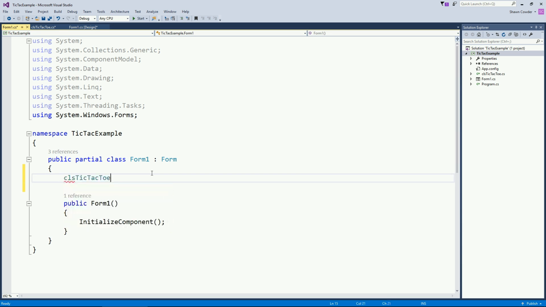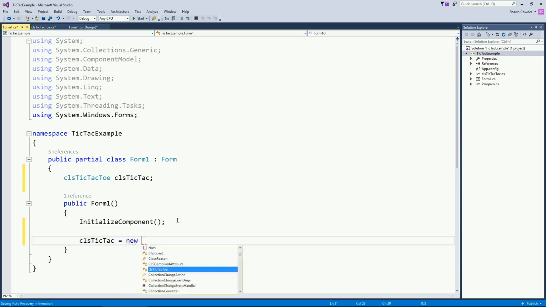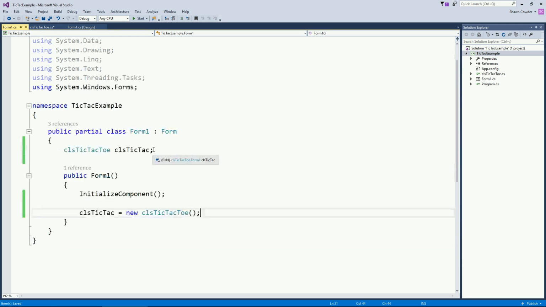That was our business logic. So we'll call this CLS Tic Tac. Now again, we don't ever want to instantiate this as a class level attribute. We only want to do this inside of our constructor. Now the reason for that is, especially when we get into exception handling, that if we ever were to use